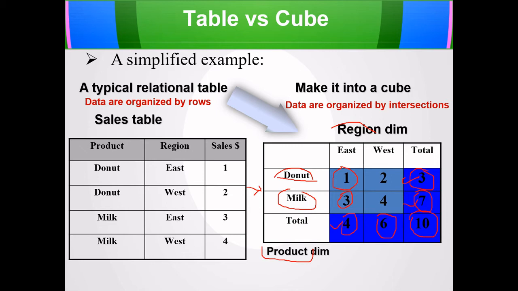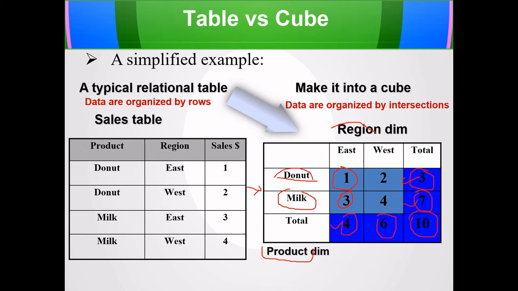This is the total of milk product for East and West region, and this is the total sale for all the regions and for all the products, right? So this is an example of the two-dimensional cube, right? That gives you the idea about the product sales with respect to the region dimension and